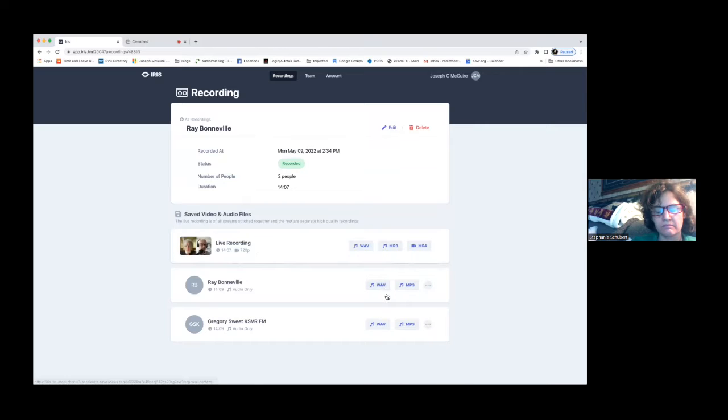But each one of these, you get a WAV file and you get an MP3 file. Oh, nice. And you can download this, the composite of the interview, and there's the people and so forth. And then it has another, yes? Oh, I was just going to say it's nicely organized. It is. And then it has another function